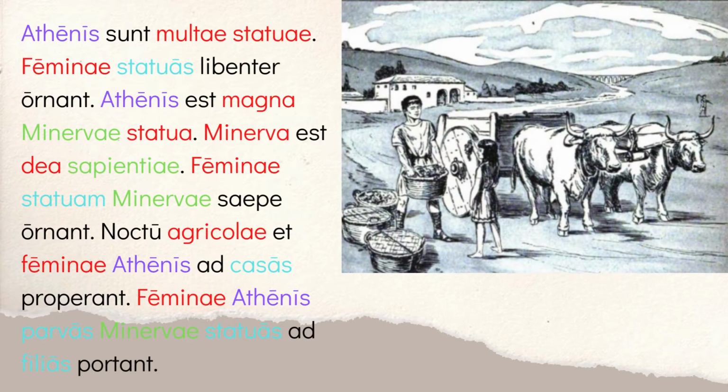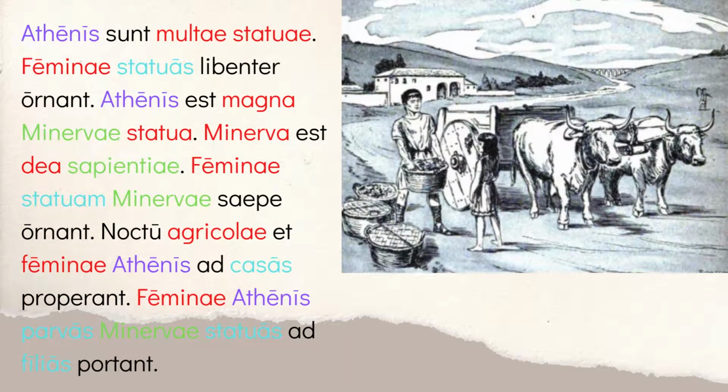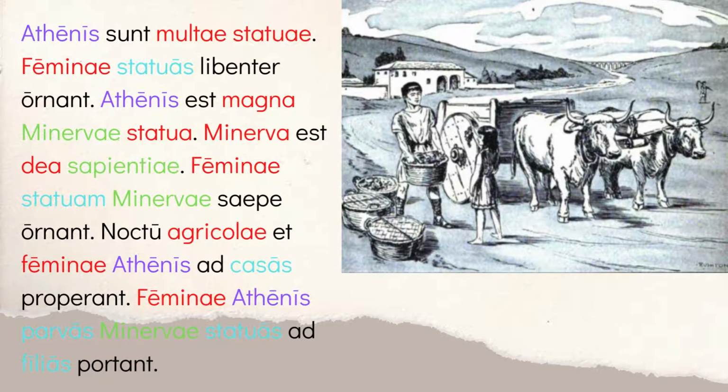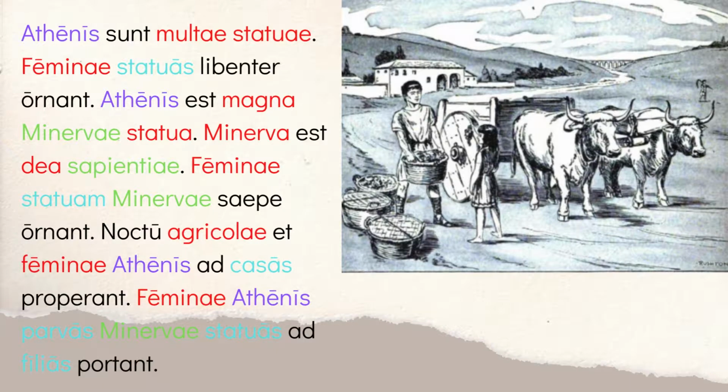Then we finish off that last paragraph. You have Athenis sunt multae statuae. Okay, so here we have another ablative kind of on its own, and you're trying to say in Athens. So this is an interesting idea to just get square. We had said that if you're in somewhere and you're talking about a city, it should be locative, right? But not when it's plural. When it's plural, it stays ablative, just to be confusing. And remember, Athens is a singular place, a city, but it's got a pluralized name.